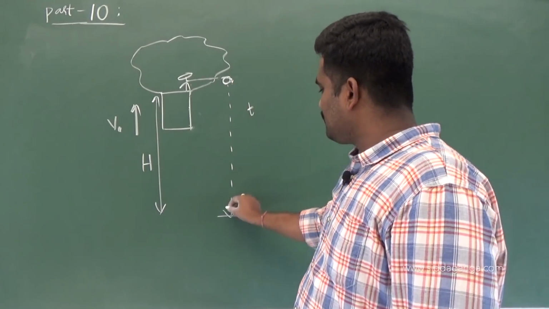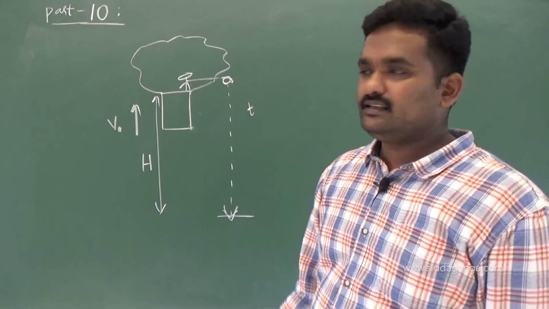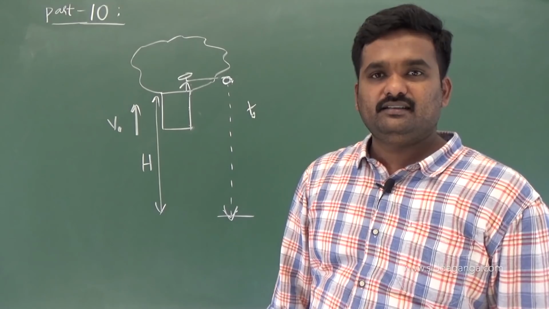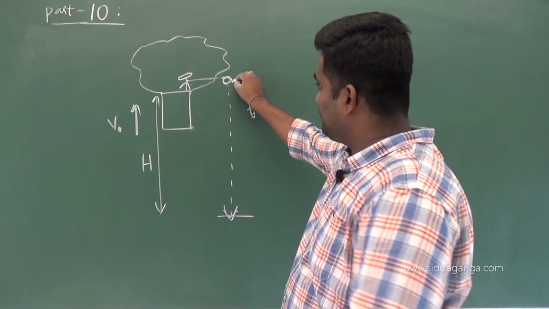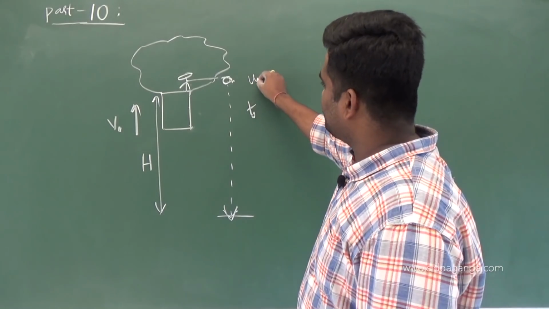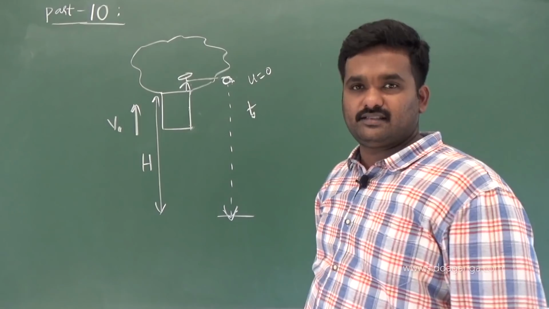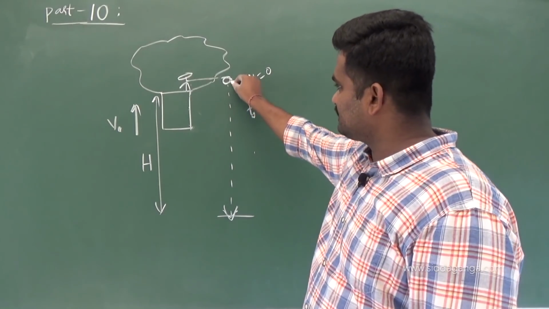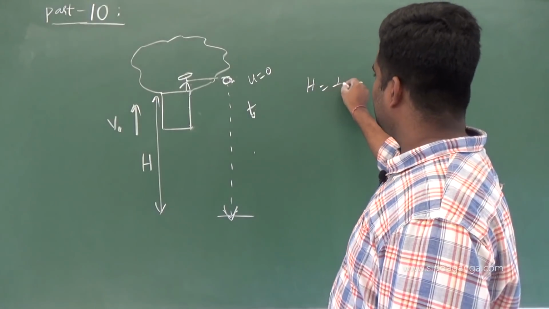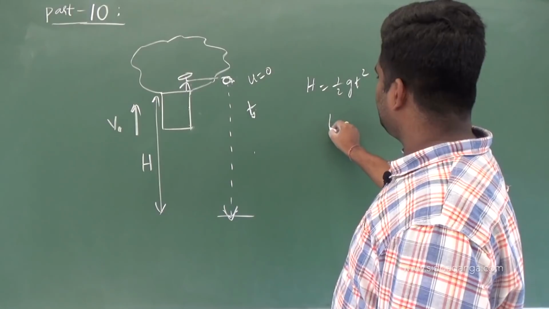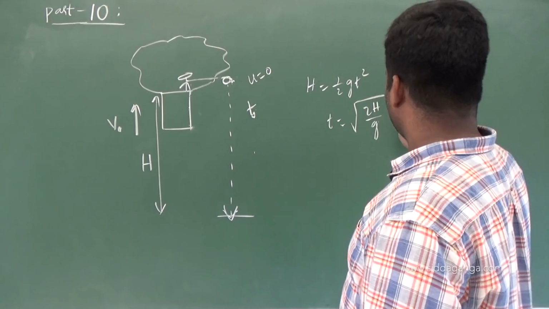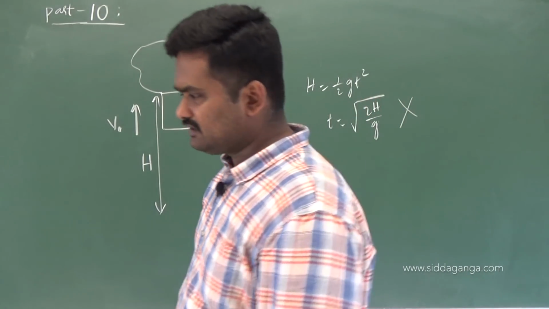So whenever he drops it from this height, they say that the time taken by it to reach the ground is t. Then they will ask for the height at which the ball has been dropped. You may think that no velocity is given, so the initial velocity is 0, the time taken is t, the displacement traveled is h, and write h equals half g t square, and t equals root of 2h by g. If you write this for this problem, it will be wrong, it is not correct.